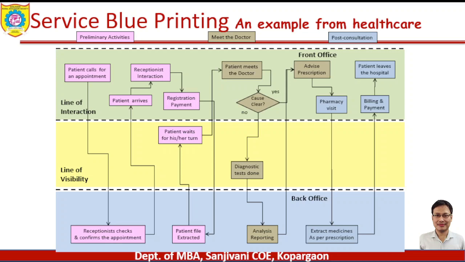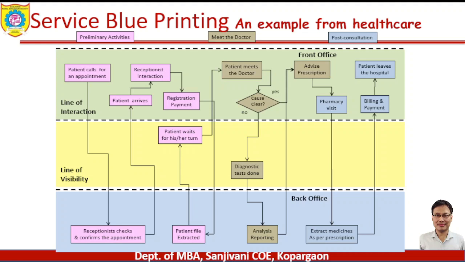Then in the middle we have the line of visibility, whereby the customer doesn't interact with the healthcare service provider, but it's visible to the customer or the patient what's happening in the process flow, like the patient waiting for his or her turn after reporting to the receptionist, and doing the diagnosis or getting the medical tests, blood tests, or sampling done for testing. Finally, the bottommost layer or the third layer consists of the activities where the patient doesn't